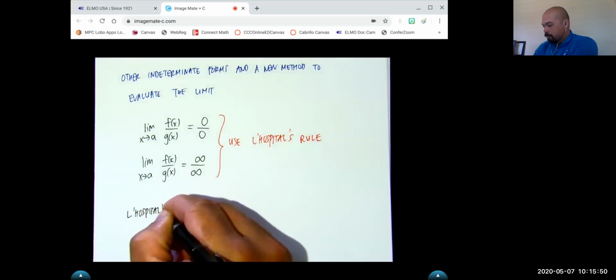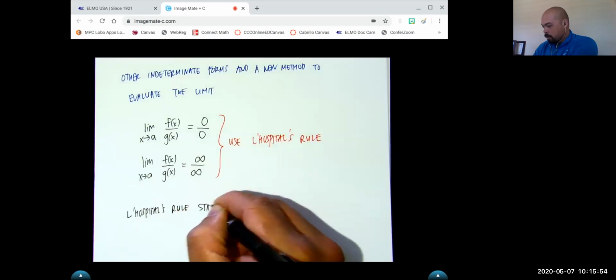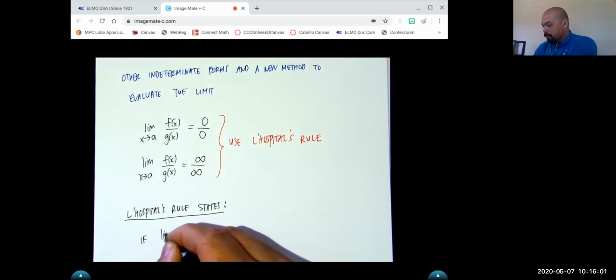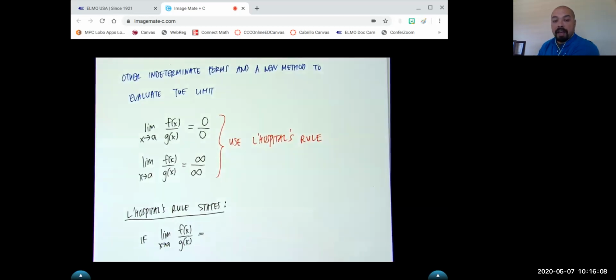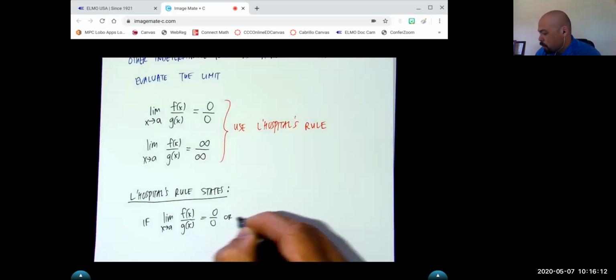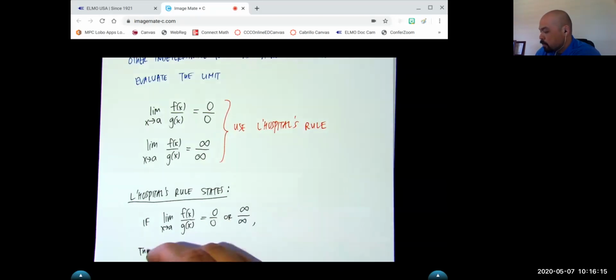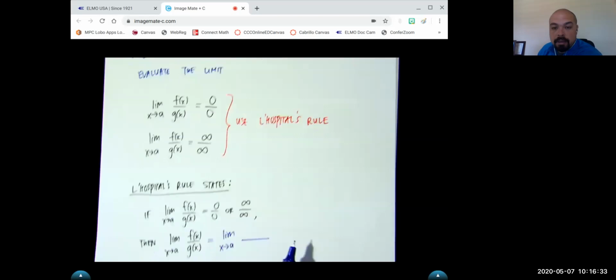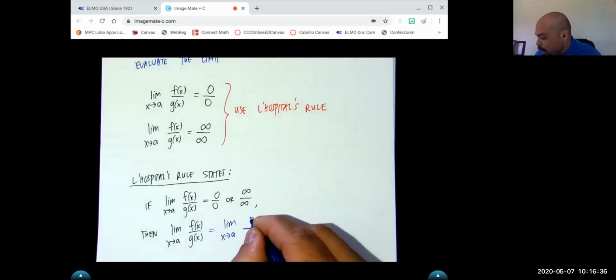L'Hopital's rule states that if the limit as x approaches a of f of x over g of x gives a result that looks like 0 over 0 or infinity over infinity, then that limit is going to be the same as taking the limit as x approaches a, where that be infinity, 0, whatever that number, that limit stays the same, but we can actually compare the ratio